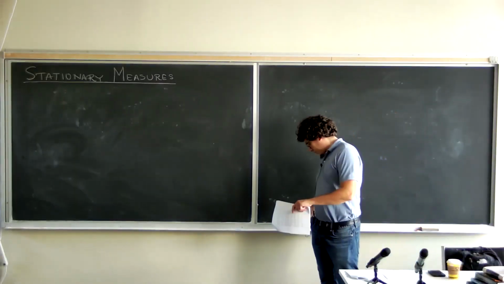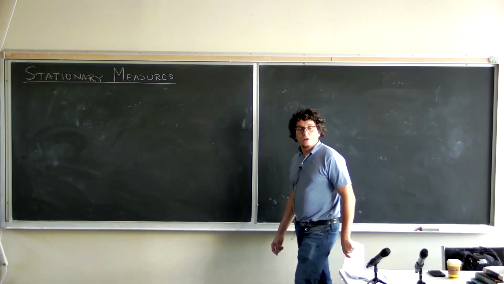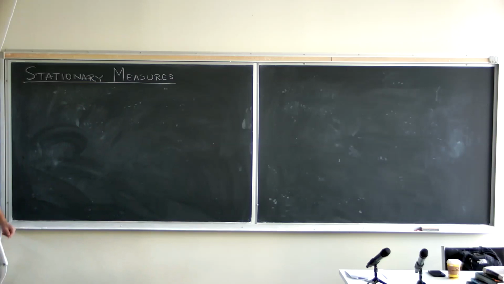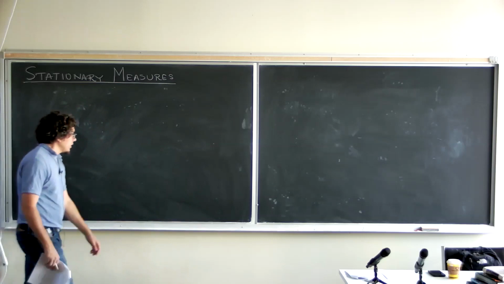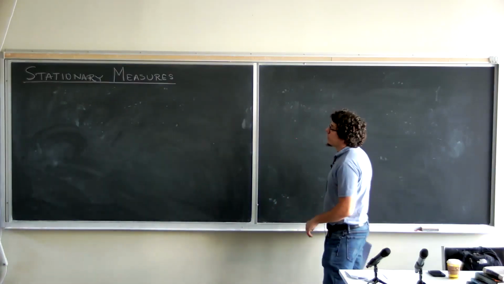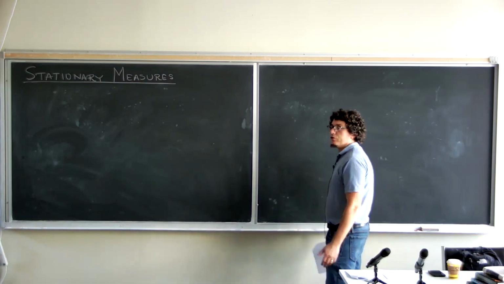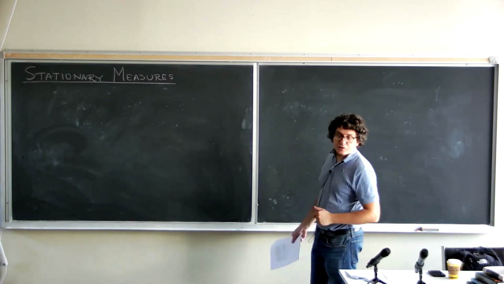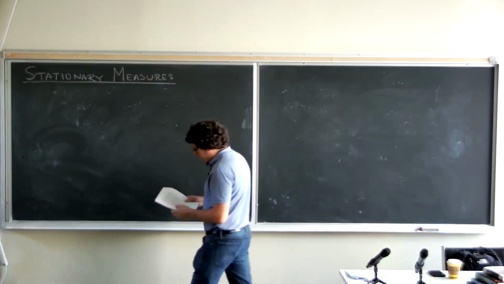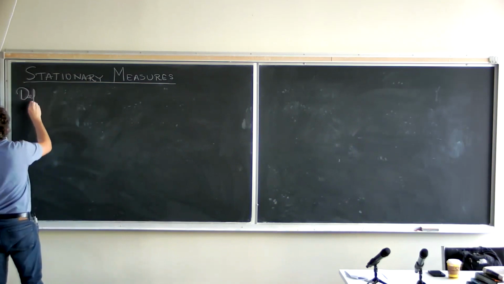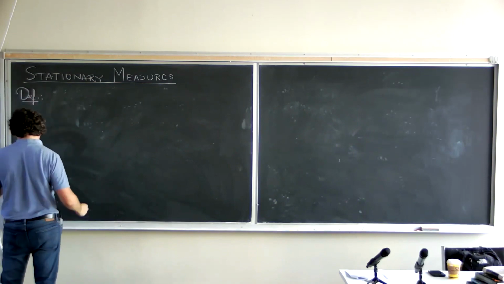Okay, so I think we can get started again. So the next topic will be stationary measures, which are important in particular because when we have a random walk and the random walk eventually converges to the boundary, which we will prove in many situations, the hitting measure will be an example of such a stationary measure. But in general, what is a stationary measure? We need to start with some useful definitions anyway.